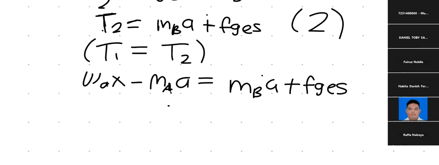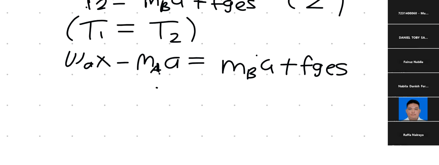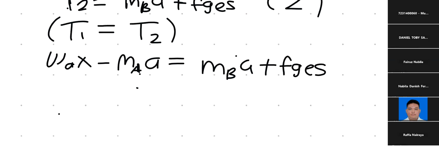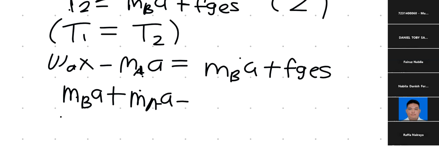And now what you want to do is isolate each component that has an A variable in it, acceleration, because it's asking for acceleration. So you want to isolate anything that has acceleration in it. So what's going to happen is you're going to have the mass of B times A added with the mass of A times A. It's going to equal